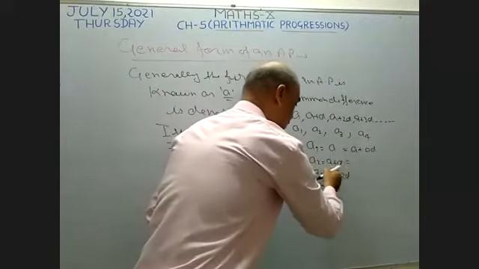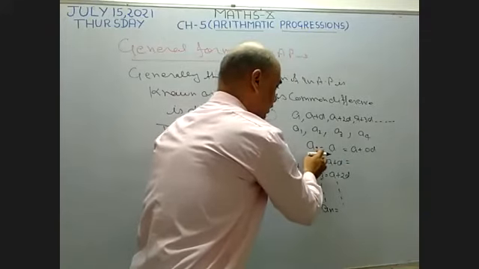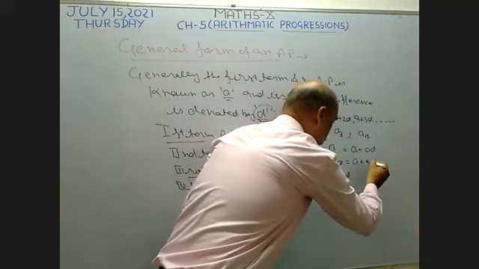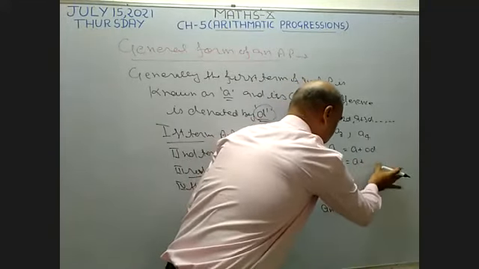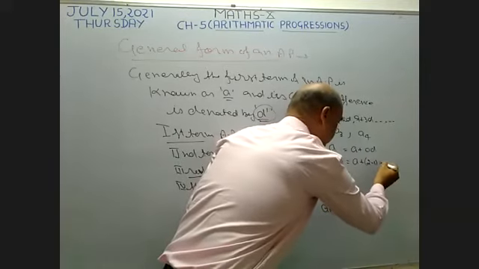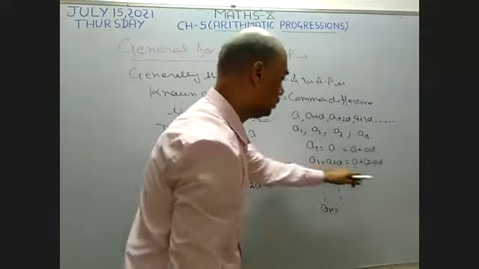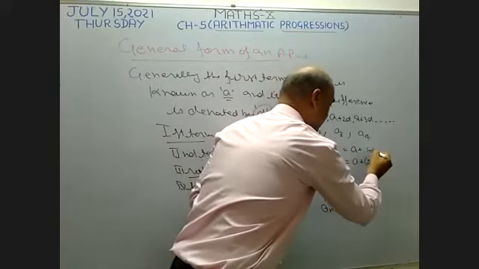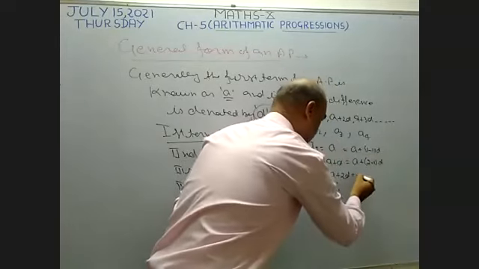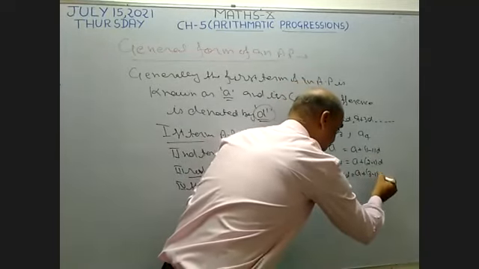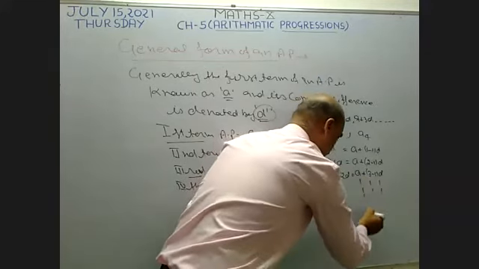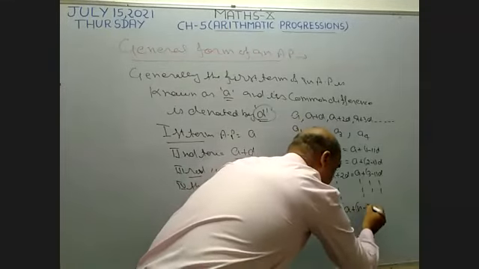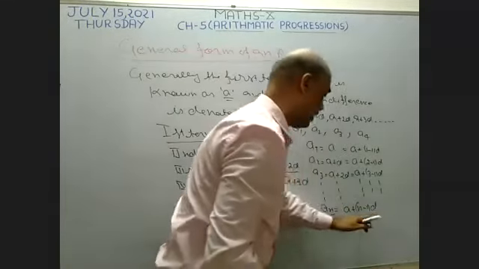Now I'm going to write this. See, here it is written 1, so A plus 1 minus 1 into D. For 2, 2 minus 1 is 1, so A plus 2 minus 1 into D. 1 minus 1 is also 0. I write here A plus 3 minus 1 into D. In the same way, I want to follow this rule. In the same way, the nth term can be written as A plus n minus 1 into D. So the nth term of an AP becomes A plus n minus 1 into D.